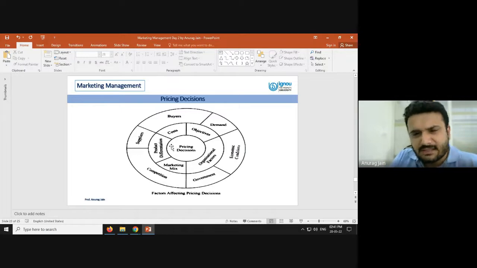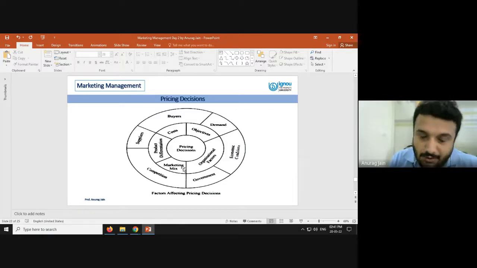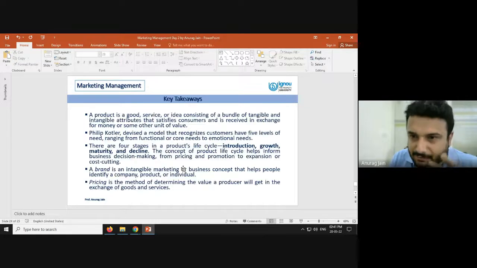So that is something. These are the factors which impact your pricing decisions. I have not covered one important topic in pricing, and I would definitely recommend you to go through the details: pricing methods. What are the different strategies a marketer can use for pricing their products and services? That is another important thing which we could discuss, but I am not covering it here.